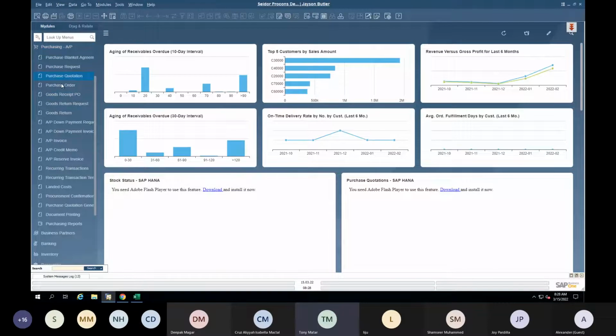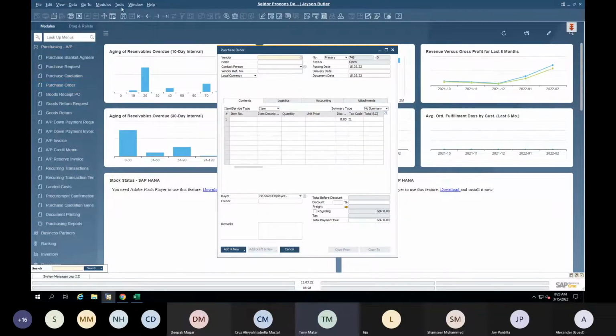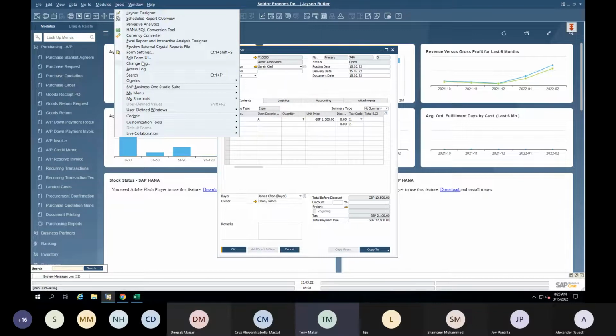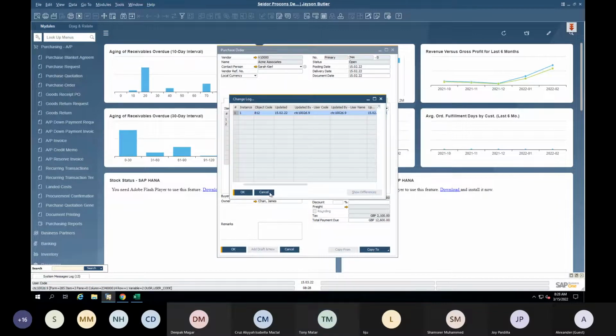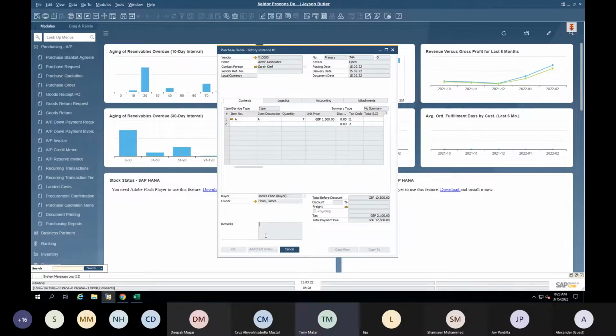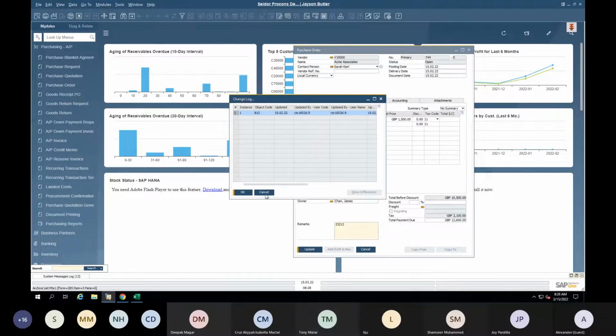So if I go to any screen and make any update on any field in SAP Business One,